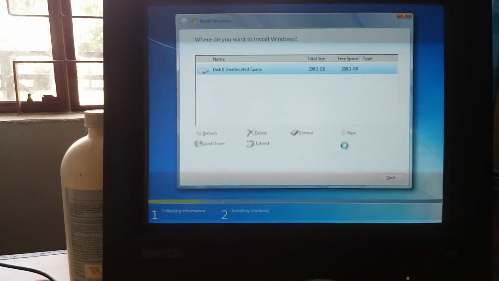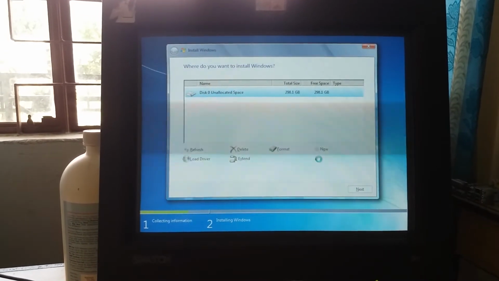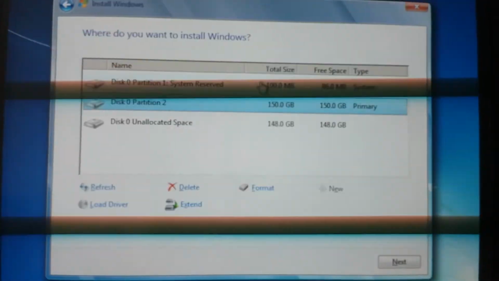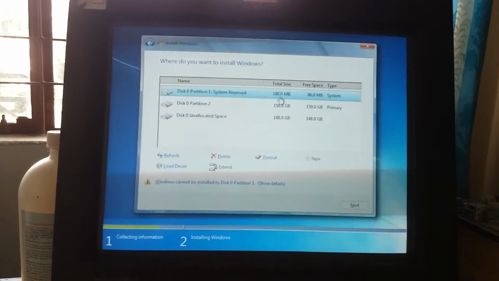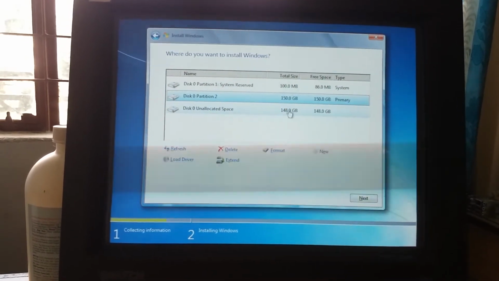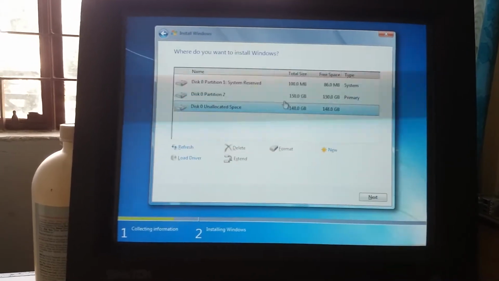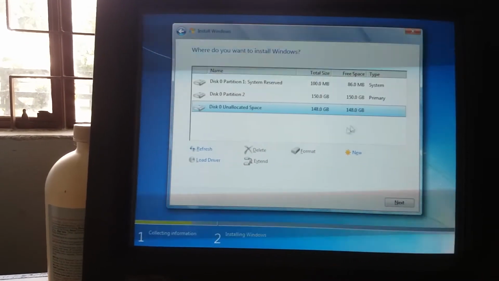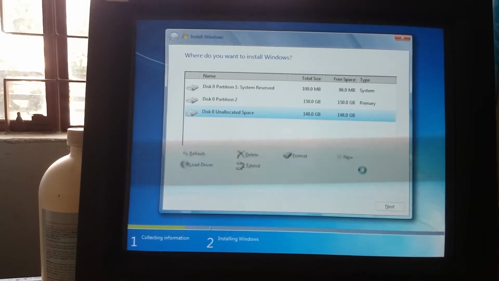You can see here. As soon as I hit here, it will now create a C drive, which is 150 GB. The first one is the MBR partition, system reserve, and this is the C drive 150 GB, and the rest 148 GB, which is unallocated space, you can convert to primary by clicking on the new and apply.